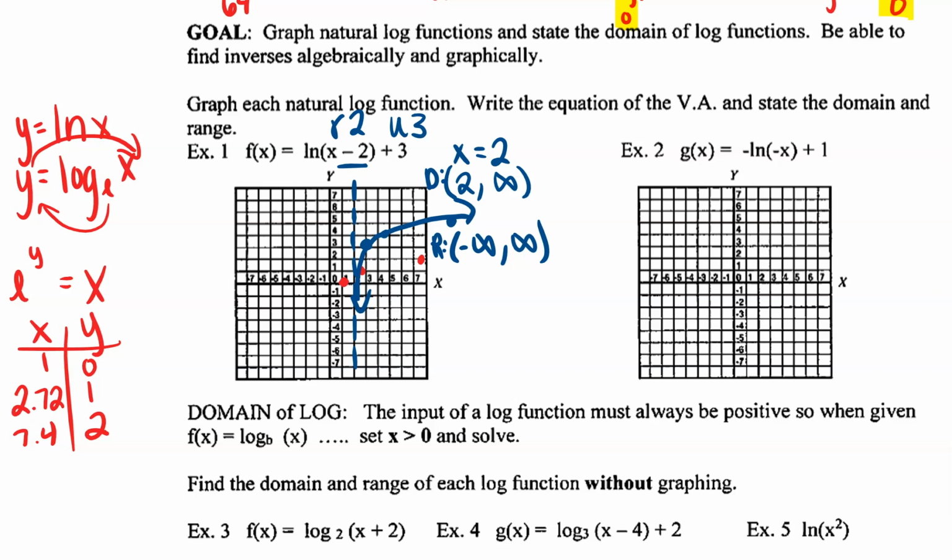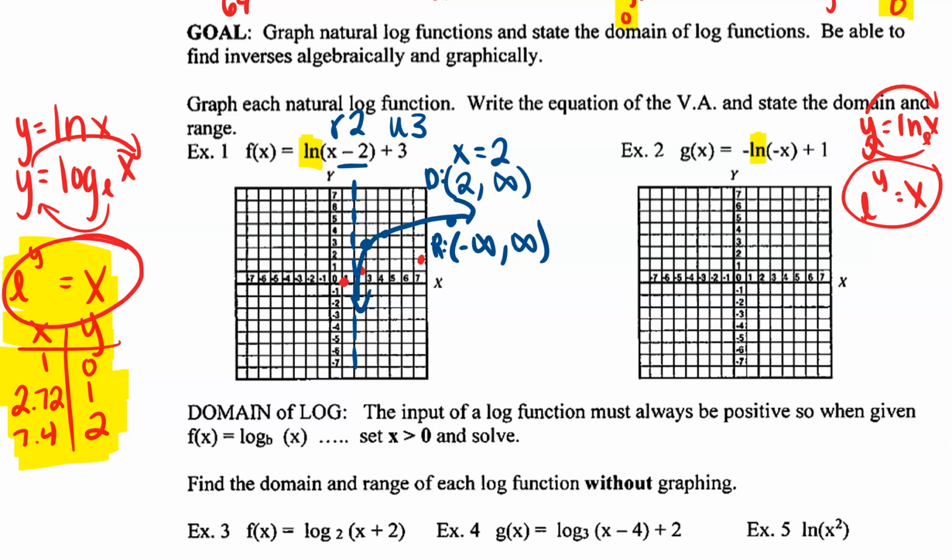The next one is going to be the same thing in the beginning. So this part here is all going to be the same because it's a natural log just like this one was. So I'm just going to rewrite this really quickly. y equals natural log of x. Natural log is the same as log base e. So I go e to the y equals x, which is the same as I had over here,